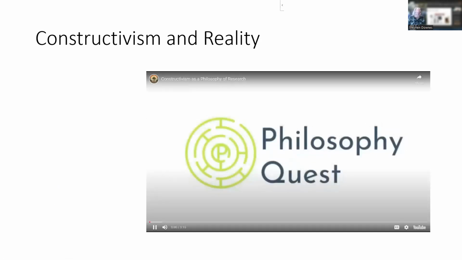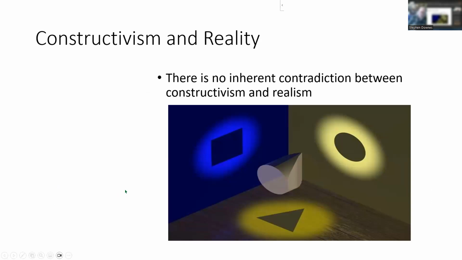So that sounds pretty skeptical, but there's no real contradiction between constructivism and realism. And this is an image that illustrates this really nicely. Think of the object in the middle as representing reality. Reality is looked at from different points of view or different perspectives. And these perspectives here are represented by the shadows that the object projects onto the walls around it or the